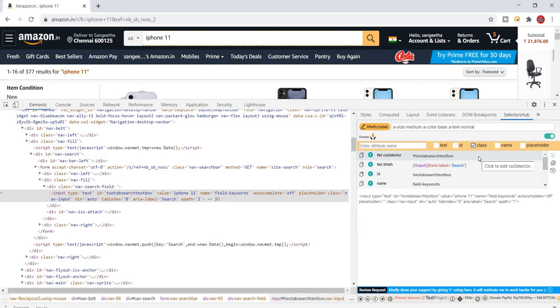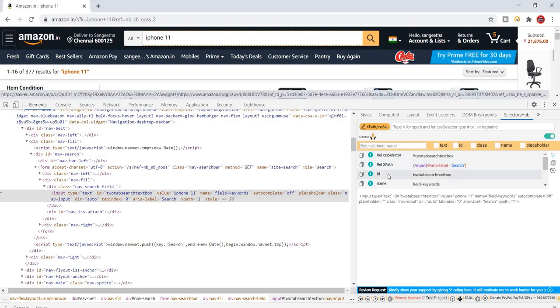Mostly, the text is not available, but ID is available, class is available, sorry, name is available. Okay, now I uncheck this one and clear. So here automatically for the element I inspected, the CSS selector, XPath, ID, name will be displayed, right?